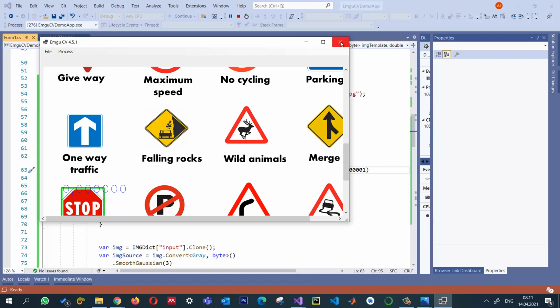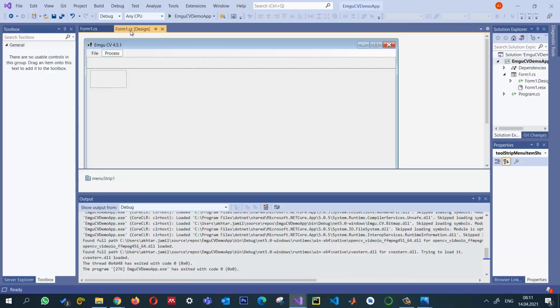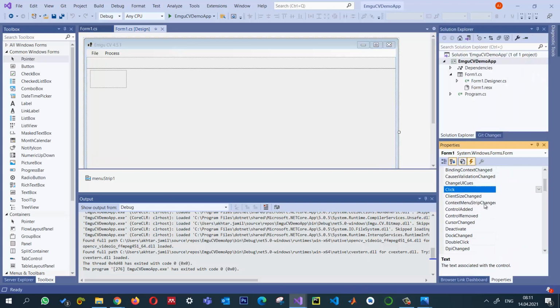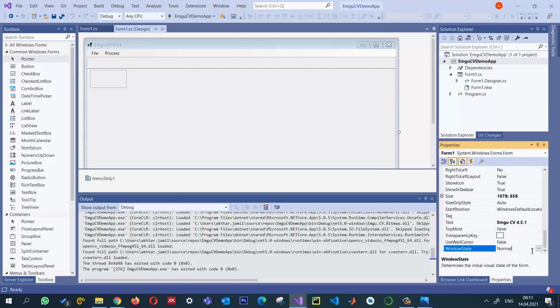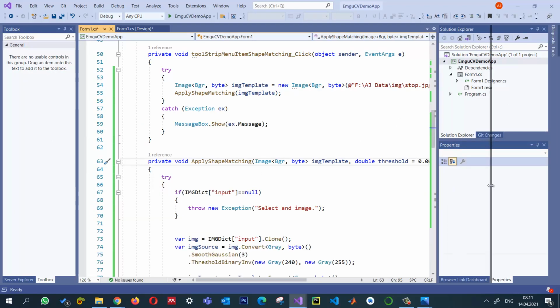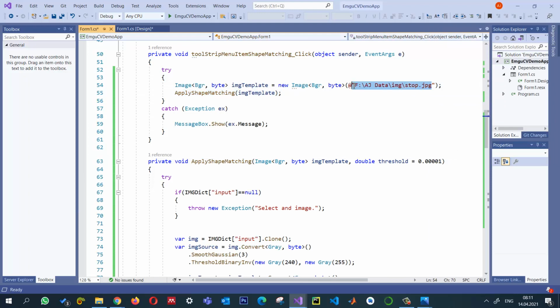So two things I will do. First of all, start your form in the maximized mode. In the properties, we can set, instead of Windows normal, we can make it maximized. That's it. And secondly, in order to change these parameters and see the results, I can add another form, and from there we can select the image which we want. Instead of here, you can see that I did it from here, selecting it hard-coded. So instead of doing it from here, what we can do,